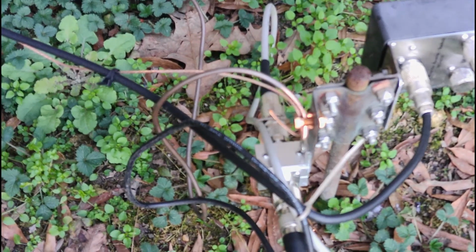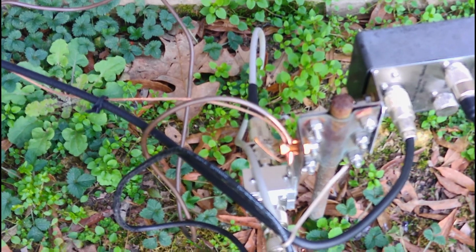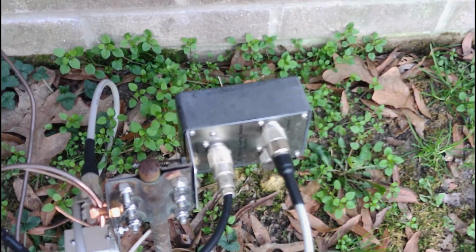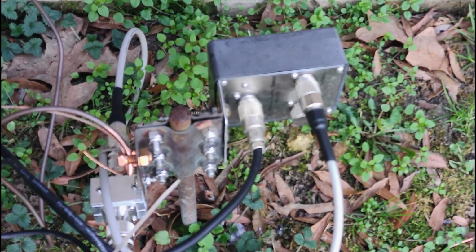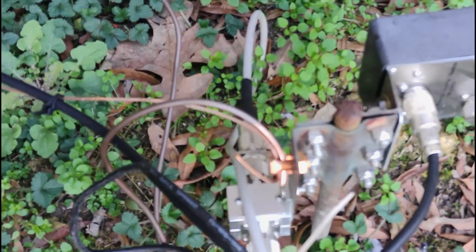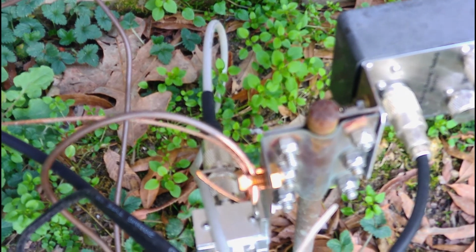And there's the PolyPhaser lightning arrestor right there. And this is a switching circuit for turning it on and off when we have storms out here. But here's a close-up of that bonding. And then that heavy gauge wire, I think it's 6 gauge, connects this 8-foot copper rod